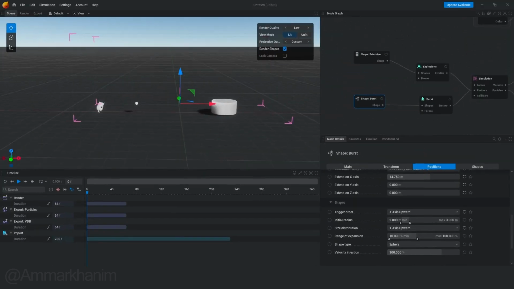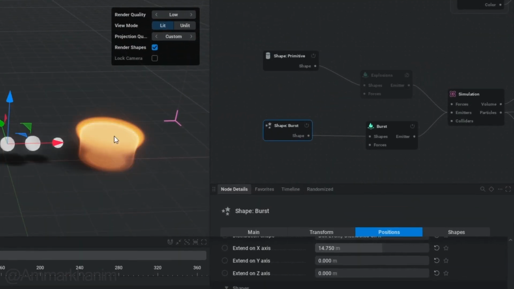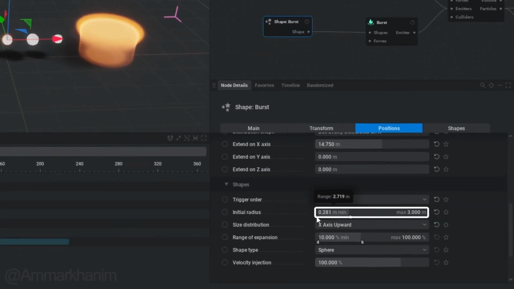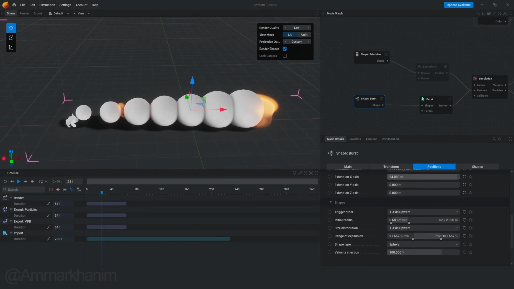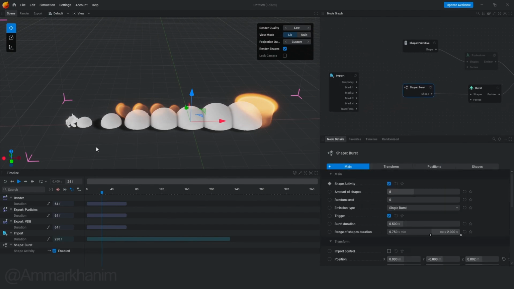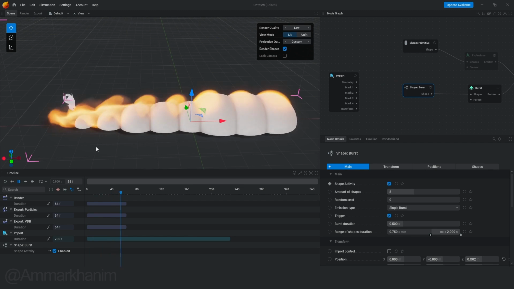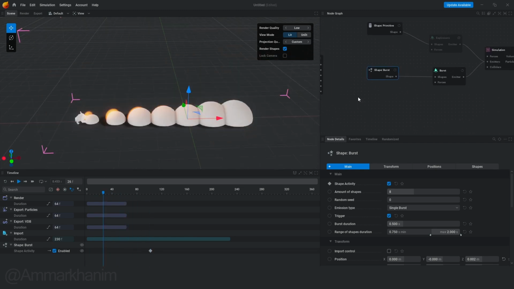With one axis upwards, what will happen is that it will move in only one direction. For example, if you look at it now, we have turned it on for now and it has appeared in front of us. Here we moved it and now everything is ready. Here we moved the shape burst down and we need to activate the shape burst only when a character strikes the ground. It will happen here, and its size is also too big, so we need to reduce the size